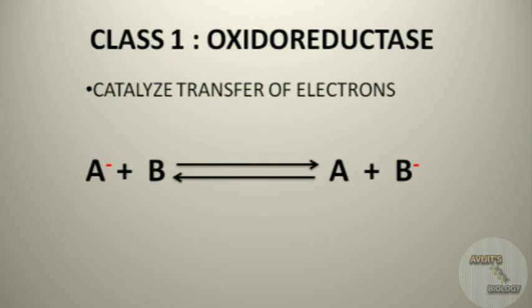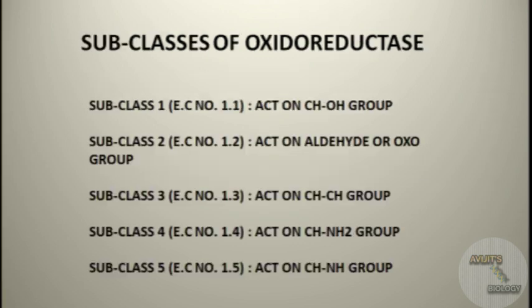As I said earlier, the classes of enzymes can be subdivided again into subclasses according to the reactions they catalyze. So oxidoreductases are also classified into 21 subclasses. From these 21 subclasses, I have discussed the first 5 subclasses in this video. The first subclass, that is the enzyme commission number 1.1, includes the oxidoreductases that act on the CH-OH group of